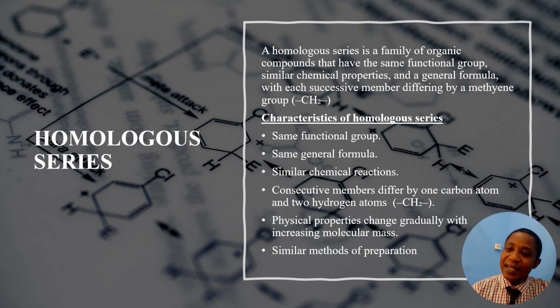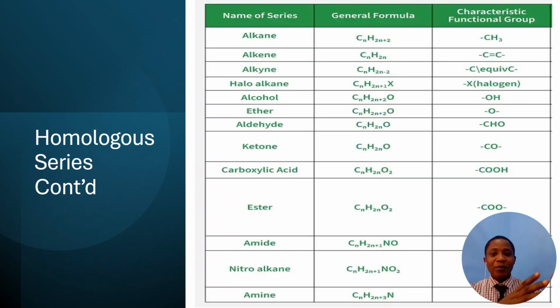So let's look at the next slide, which gives us some examples of homologous series. I think we will end it there. By the time we look at that, we are done with that. Homologous series, different types. You can see the alkanes. What is the functional characteristic? Functional group? Just a single bond. Alkenes, you have a double bond. Alkynes, you have a triple bond. Take note of only that.